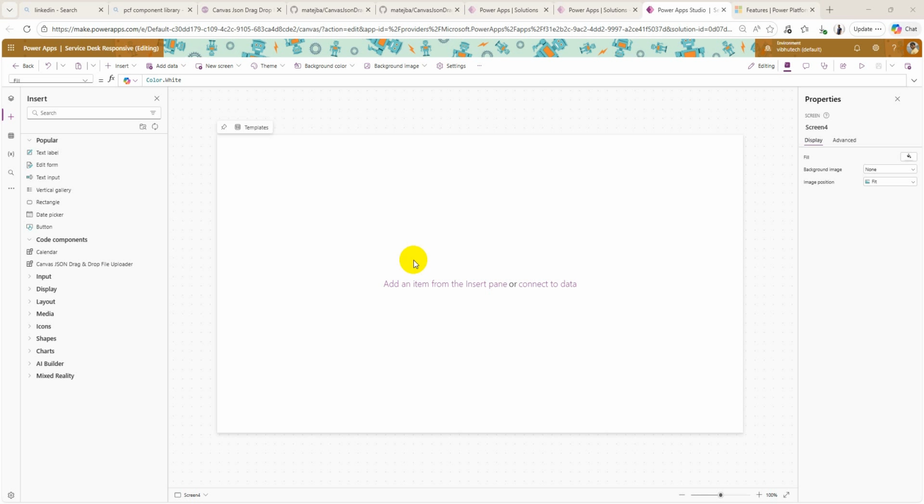So, without wasting time, let's do the actual implementation. For using the PCF component in our Power Apps Canvas application, what we need to do is download the PCF component from GitHub or the